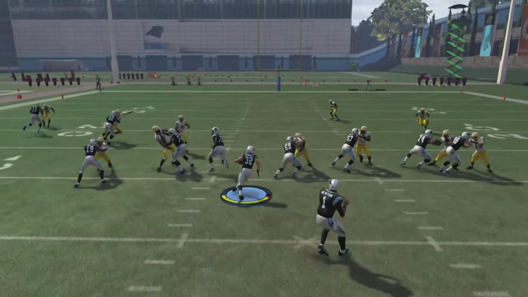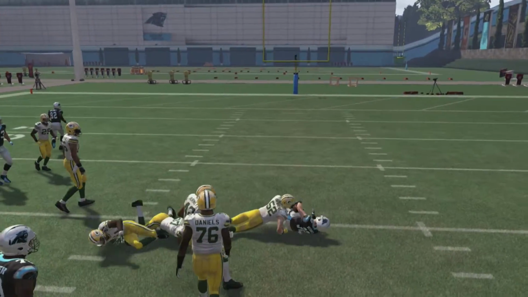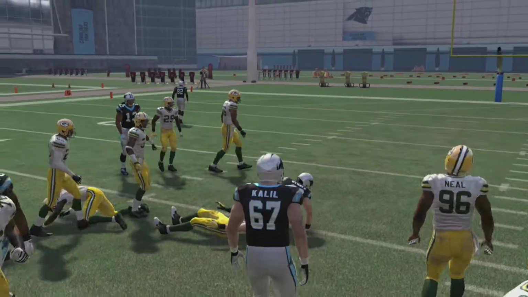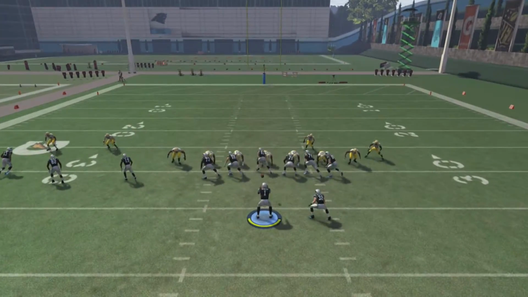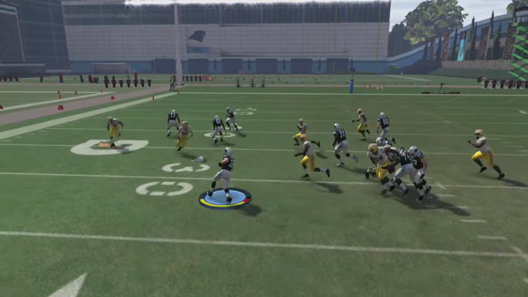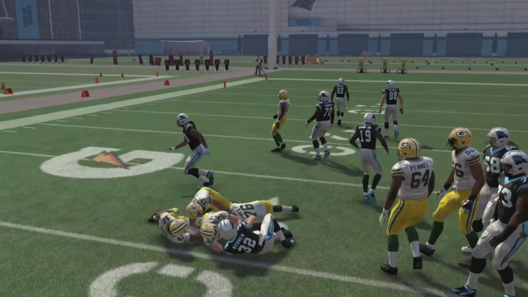So this time we're probably going to have to cut up the middle. That's what we're going to do. We're going to cut up the middle, and we're going to be able to get a nice gain of about 10 yards. That's pretty much what it's going to look like. If you can shoot the hole, shoot the hole. This is a pretty good run play for the goal line too. You're almost always guaranteed about 2 or 3 yards, because